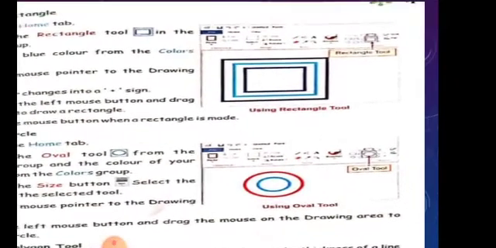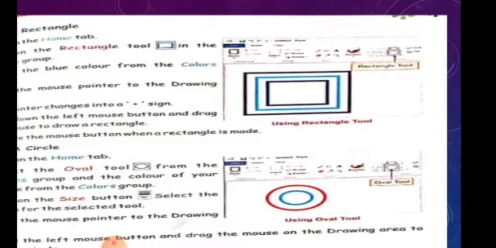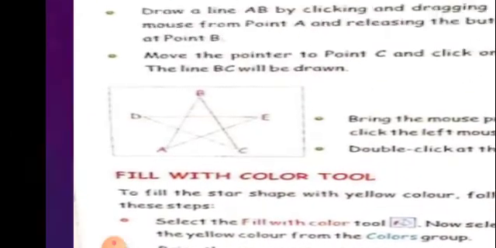Now, using a polygon tool. Next topic is how you will draw a polygon. That is, you can make a star with the help of it. So, what you will do, see the figure using polygon drawing. You can draw this line, this star.